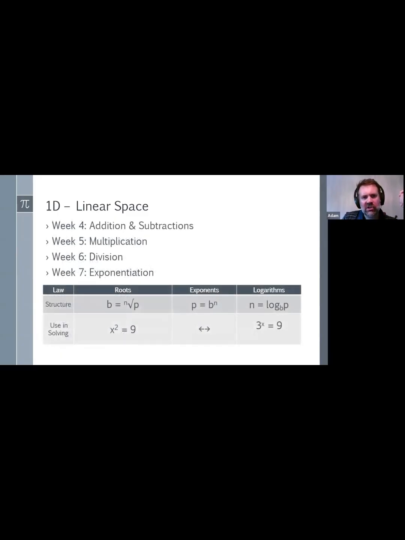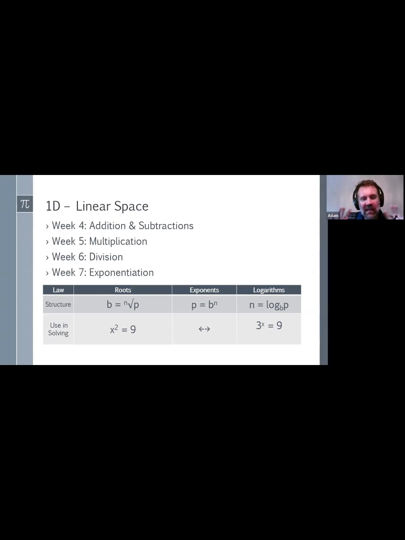And then in the linear space, we look at it again. I don't want to get too much into the details of adding and subtracting because I think most people understand how to add and subtract, multiply and divide. So that's what you're going to do. Weeks 4 through 7 we're going to get to exponentiation. And I just put here at the bottom